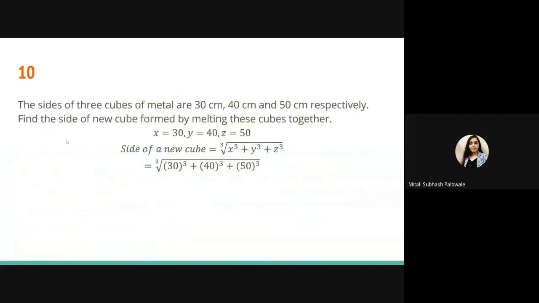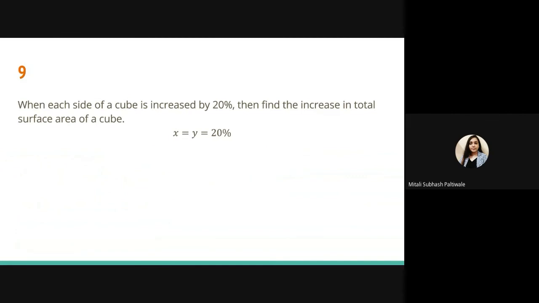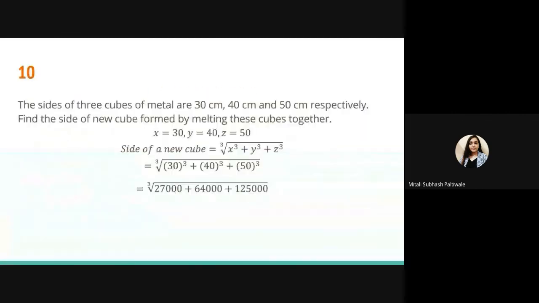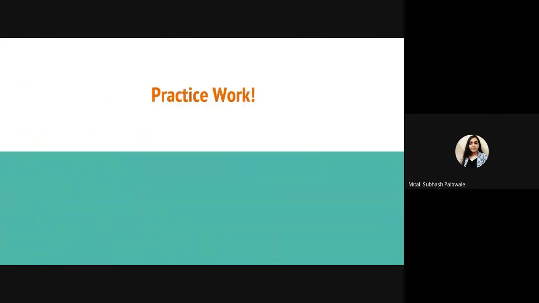While we have used about 10 different formulas with 10 different questions, always remember that these formulas are going to help you when the problem is complicated. But if the problem is not so complicated, then you can just use the traditional formulas which we were using till now. But if it has even a slight change, then you have to go for this formula. Okay?